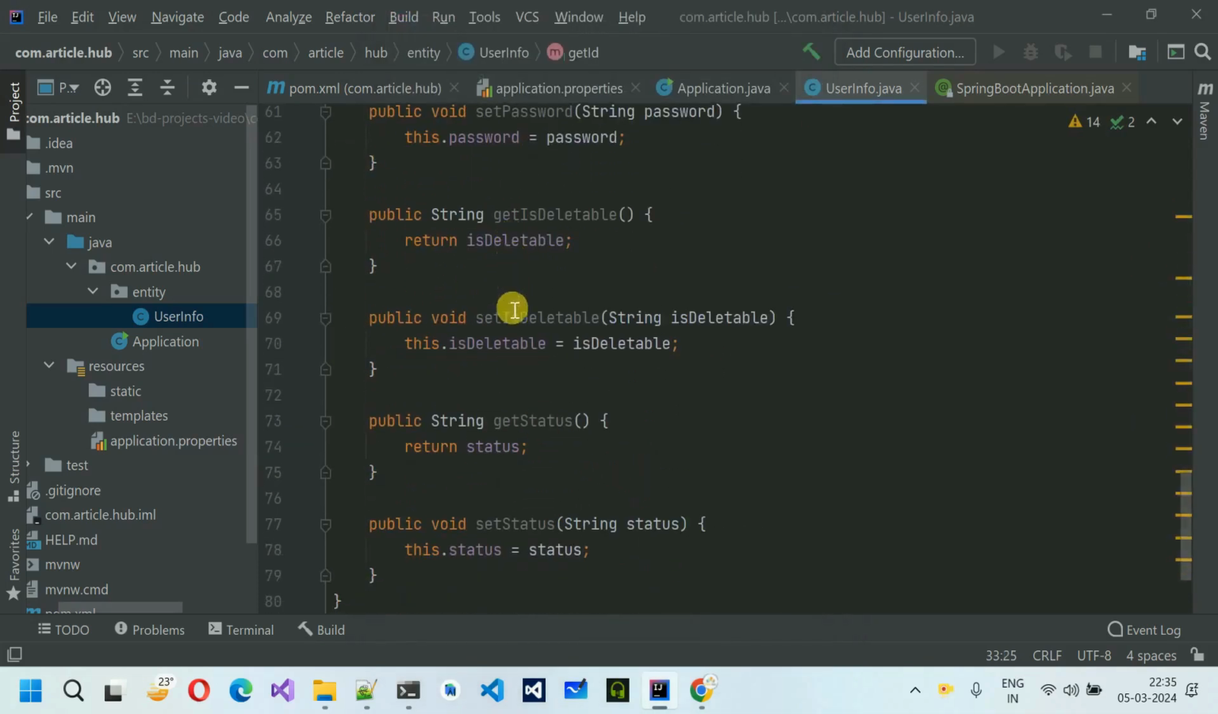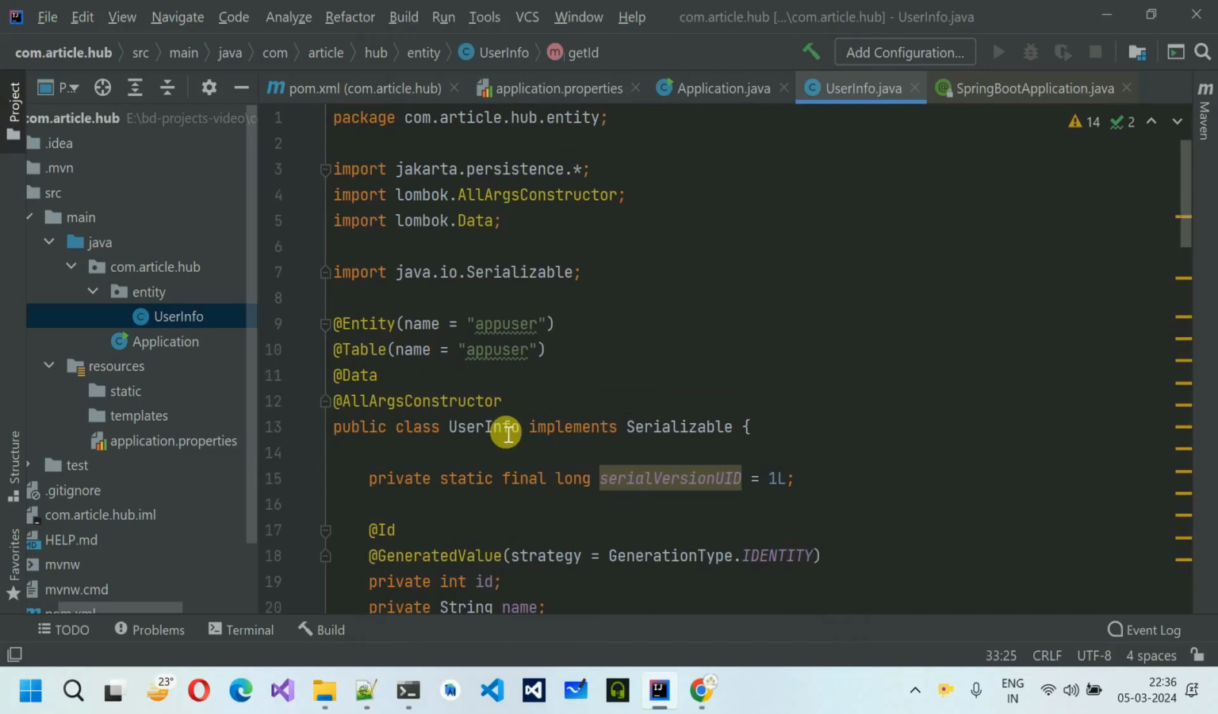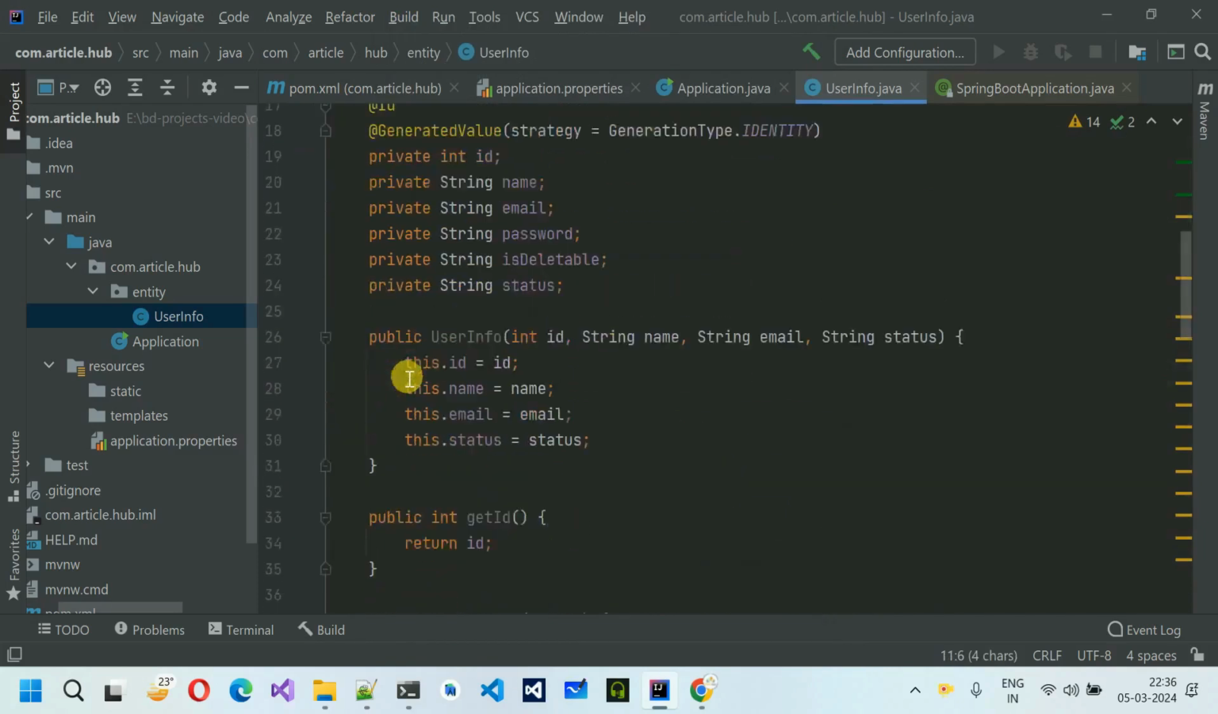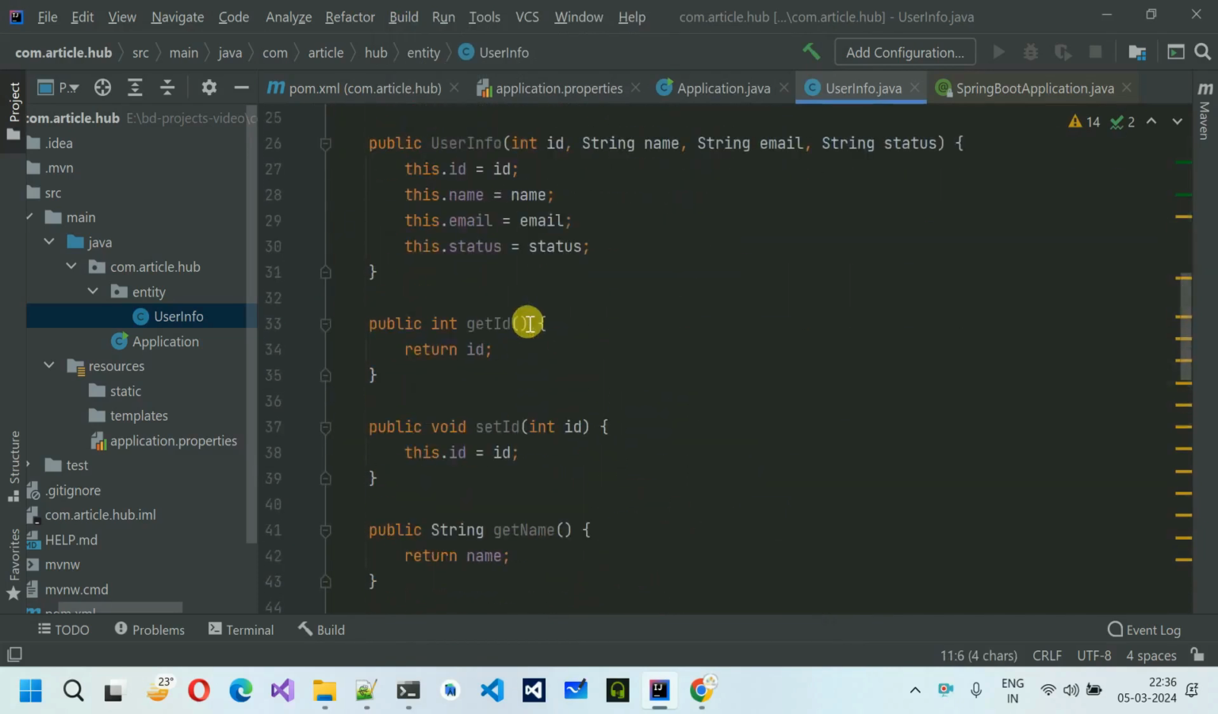So this is basically the boilerplate code. But as I have added @Data, we still don't need to add it. But for simplicity and for beginners' purposes, I have added it. Now save it. Next thing we have to do is create another